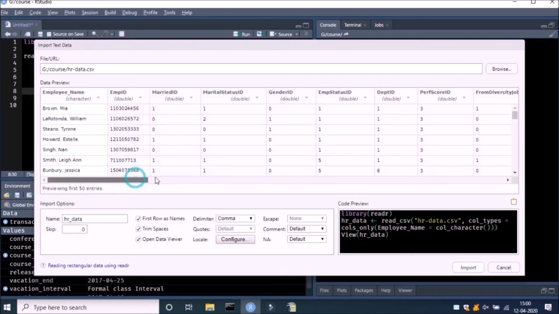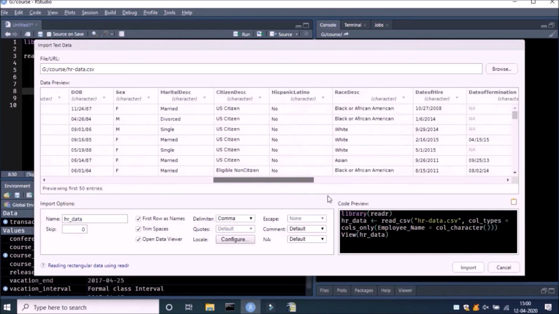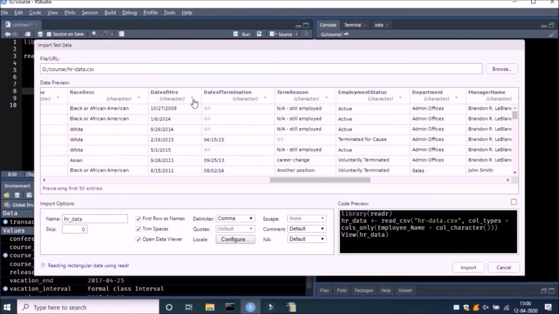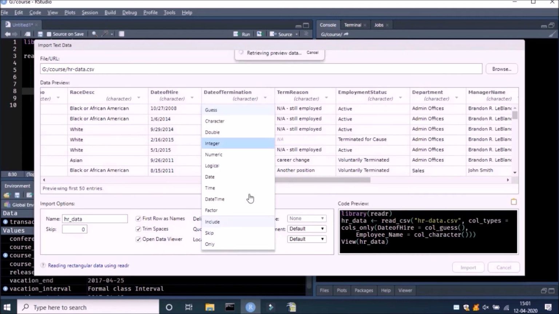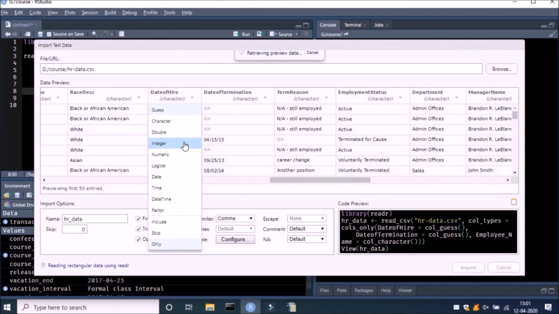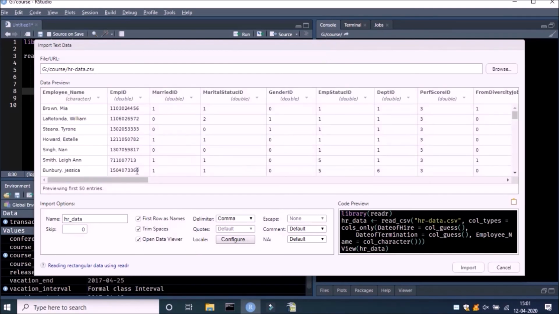Since we want to skip all of this, instead of skipping each of them, we'll only select those which we need, right? So date of hire, make it only, date of termination here, and here we'll change the data type. So this is date, right? Let us look at the